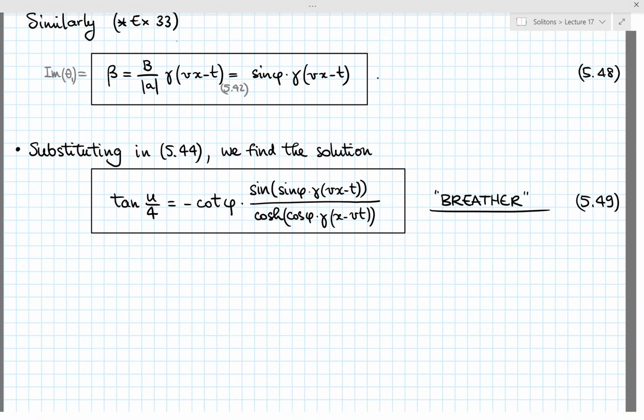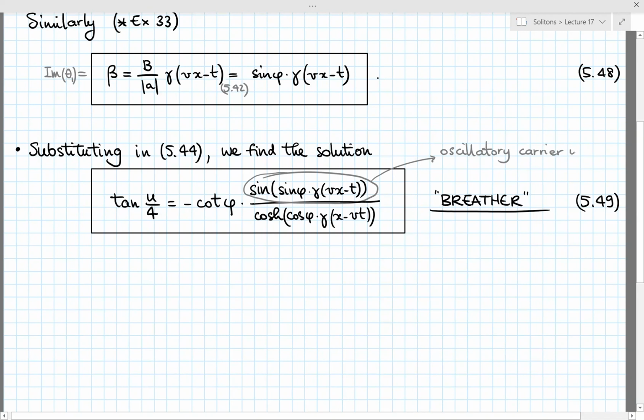Let's look at this breather solution more closely. So first of all, notice that in the numerator, you have an oscillatory wave modulated by a sine. So this is an oscillatory carrier wave. And on the other hand, everything else, we can view this as an envelope. And the envelope is moving at the group velocity